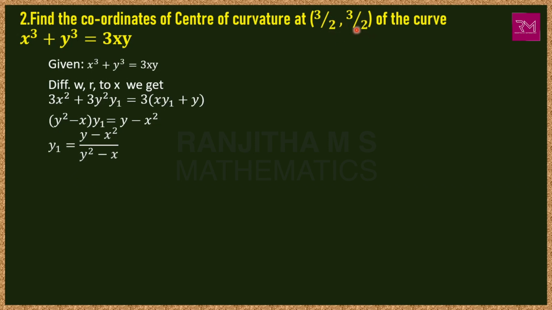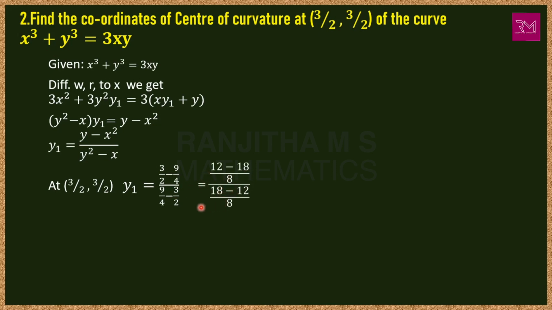Here the x value is 3/2 and the y value is 3/2. Now at the point (3/2, 3/2), y1 becomes: substitute y as 3/2 and x as 3/2, that is 3/2 minus x squared, which is (3/2) whole squared, that is 9/4, divided by y squared, which is (3/2) whole squared, that is 9/4, minus x, which is 3/2. Now take LCM and simplify, we get, here take 8 as LCM, we get 12 minus 18 divided by